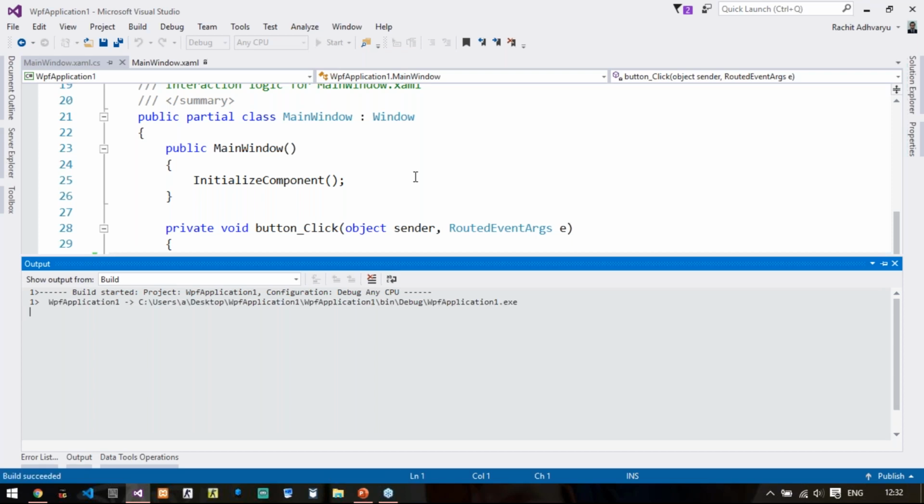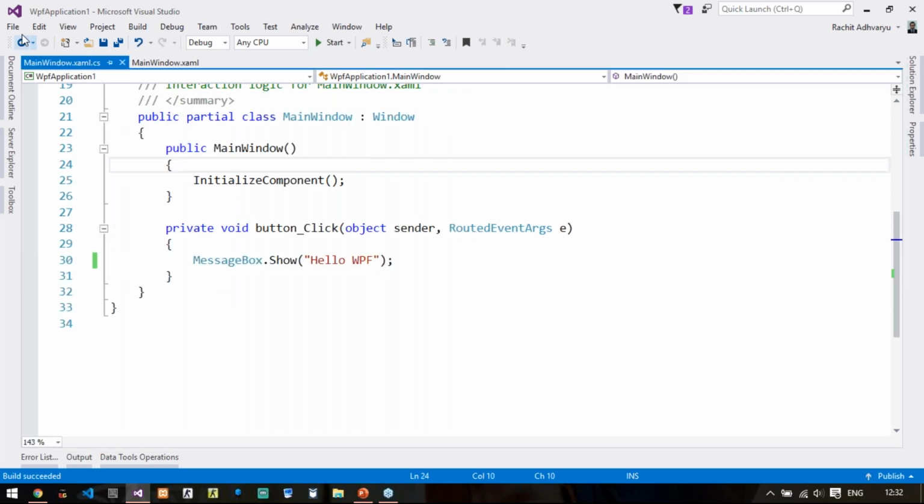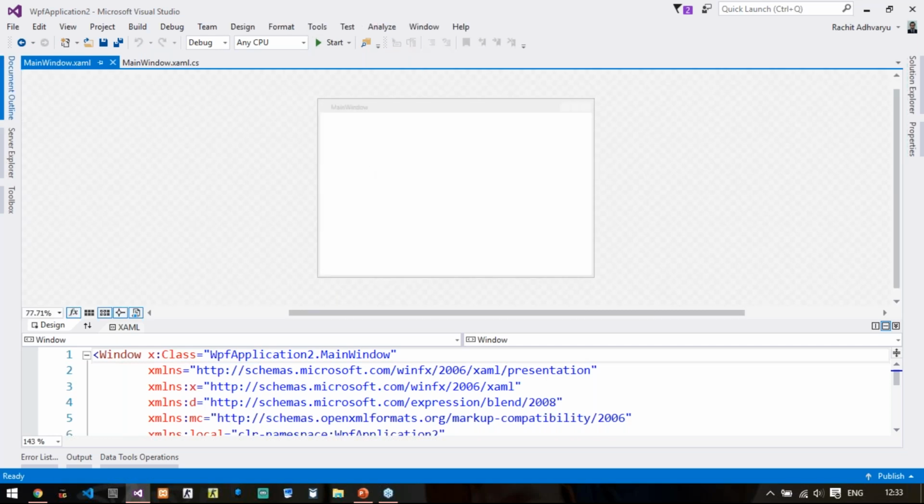Where is the button? Sorry guys, just a moment. File, new project, WPF application. Let the designer get load. I will put one button and write down the code again. I think there was some issue with the code from my side. Yes, I have got that particular question from your side that sometimes video is lagging whenever I am switching over from PPT to this Visual Studio.